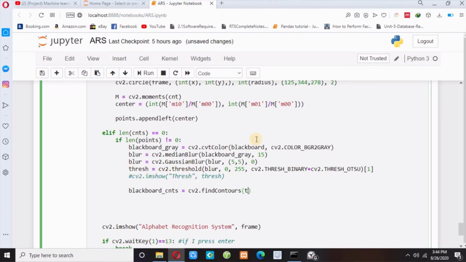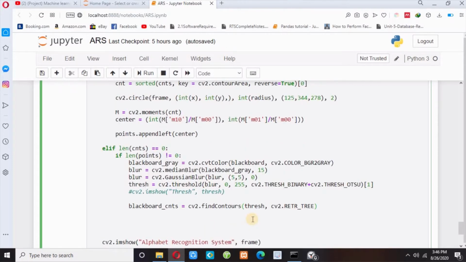So I pass trace here, and then cv2.RETR_TREE. This is the contour retrieval mode, and in the contour approximation method let me pass cv2.CHAIN_APPROX_NONE.